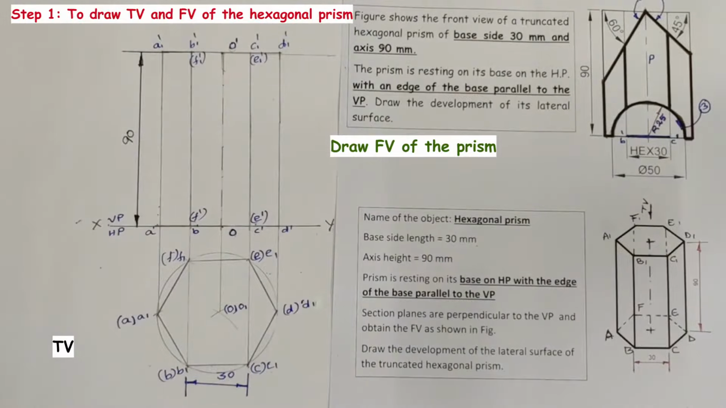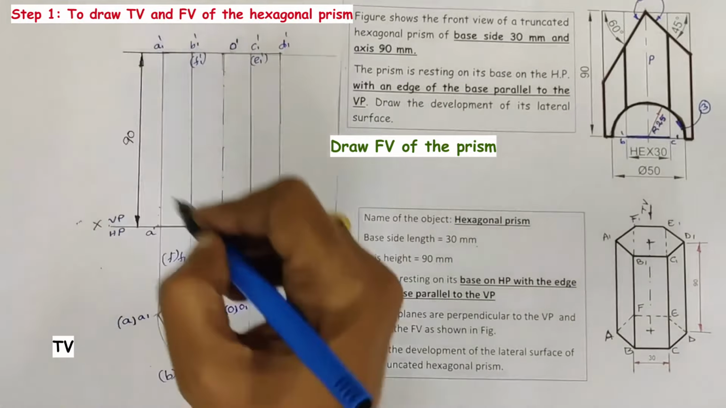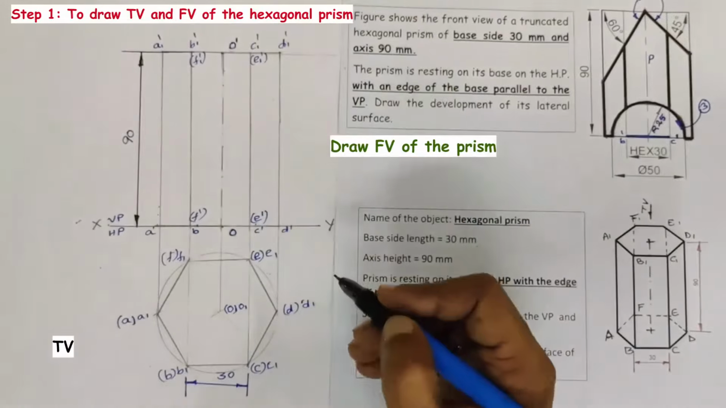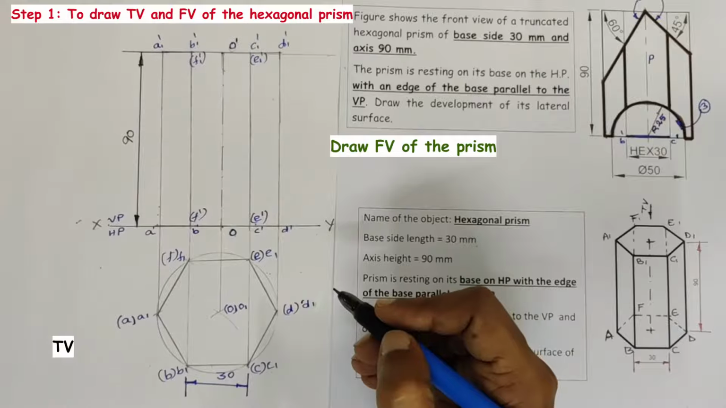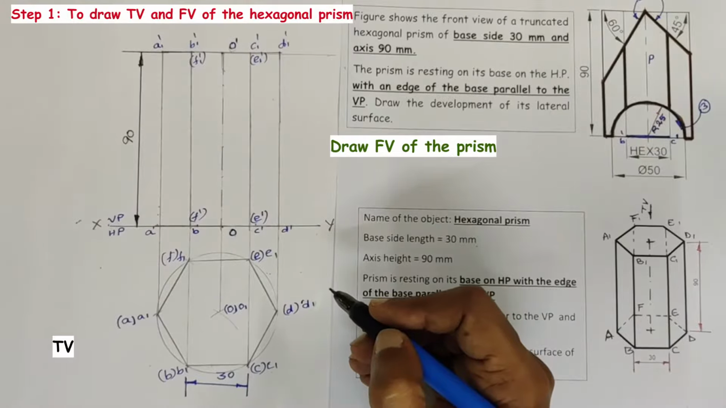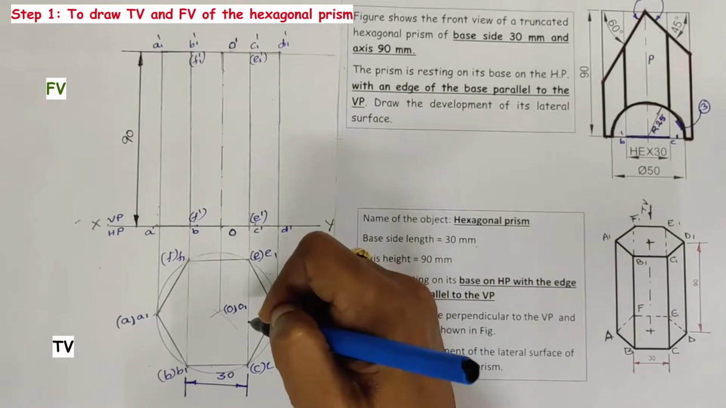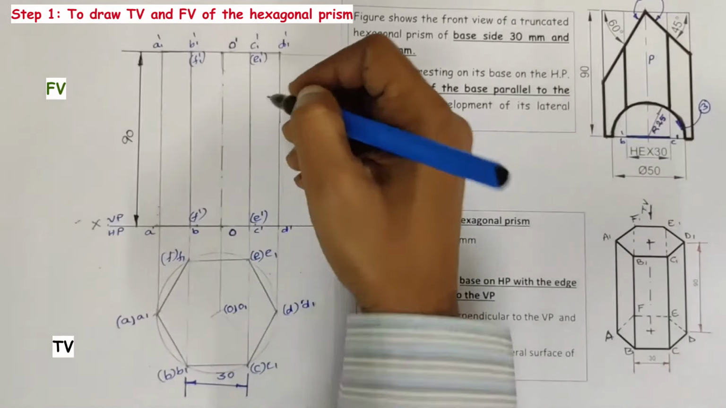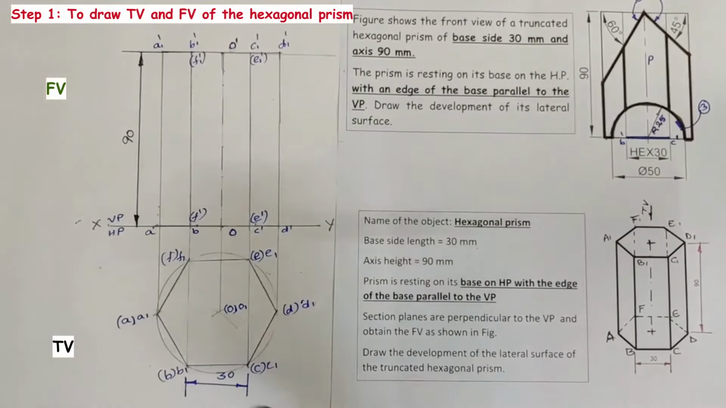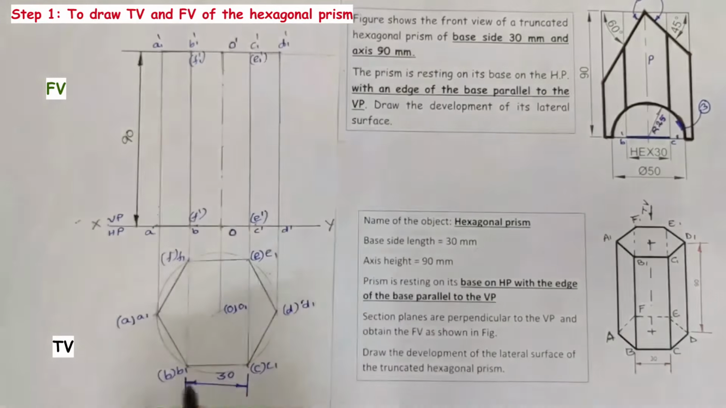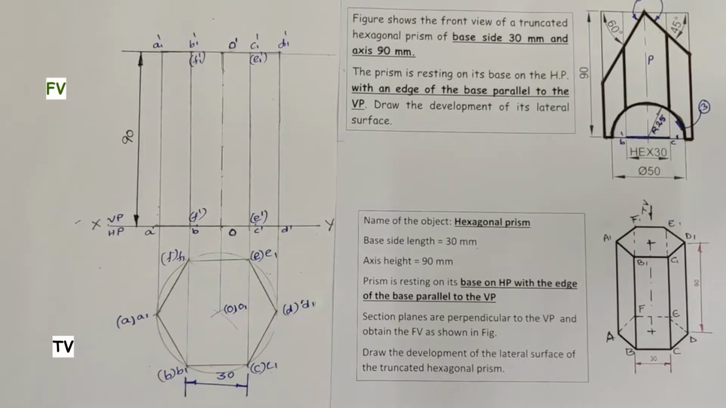Here A1 dash D1 dash line is nothing but the image of the top base of a hexagonal prism in front view, whereas A dash A1 dash, B dash B1 dash, C dash C1 dash, D dash D1 dash are nothing but images of the face edges of a hexagonal prism in front view. With this we completed drawing the top view as well as front view of the hexagonal prism when it is resting on its base on HP and axis parallel to VP, and one of its base sides is parallel to the vertical plane. Then we will move towards the second step,